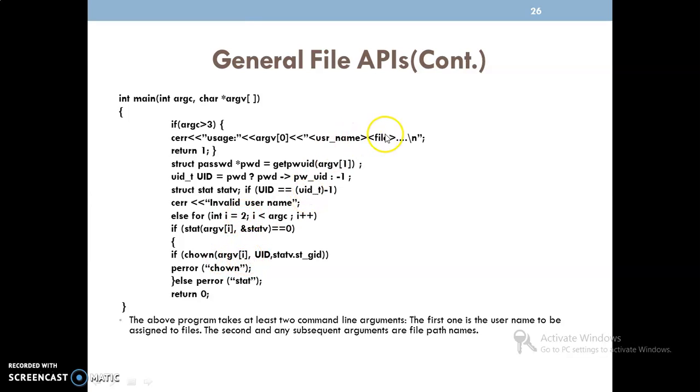Argument 2 is nothing but the file name. On that file name, we are assigning the user ID and group ID here. Okay. One thing to keep in mind, this takes at least 2 arguments: one is the username and another is the file name. Second argument onward, multiple file names can also be considered.